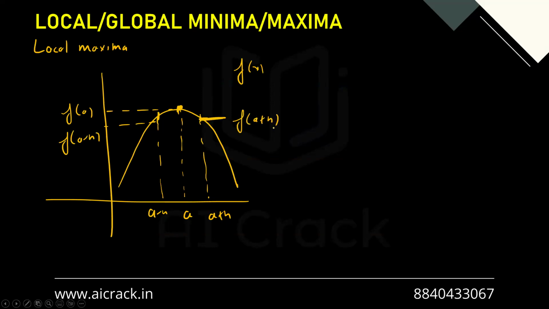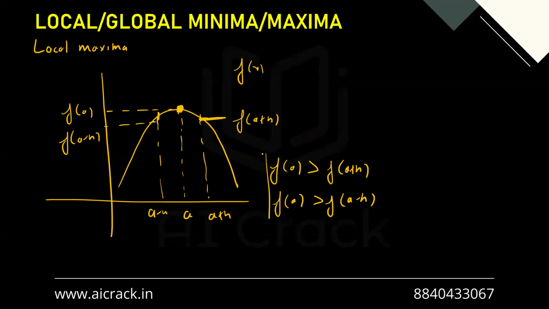Now if you want to have a maxima at point A, what can we say? f(A) should be greater than f(A plus H), and f(A) should be greater than f(A minus H). These two conditions should be satisfied simultaneously to have a local maxima over here, right? Very simple, basic most definition. Now if you talk about local minima,